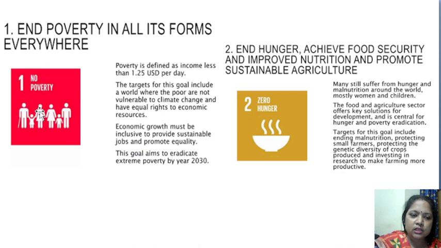In this way a question will be asked: in the Sustainable Development Goals, end of poverty in all its forms everywhere, or no poverty, is coming under goal number what? So you should remember those 17 goals. What is in goal number 1, what is in goal number 2. In this way, goal number 1 is no poverty.